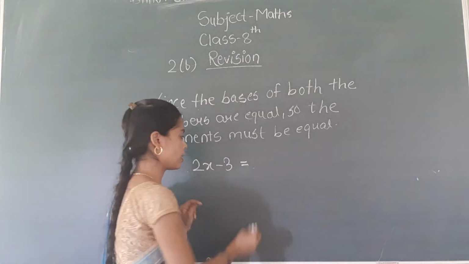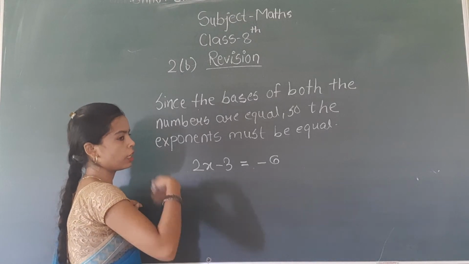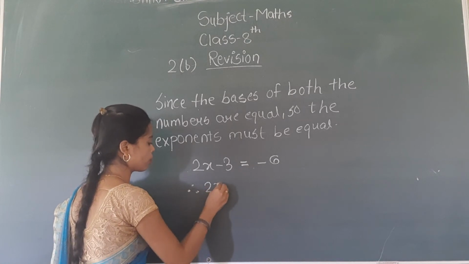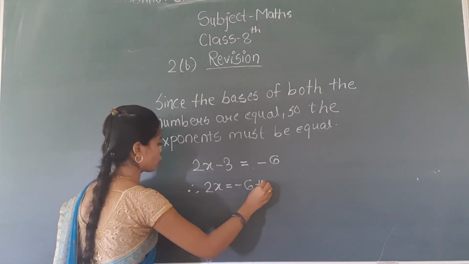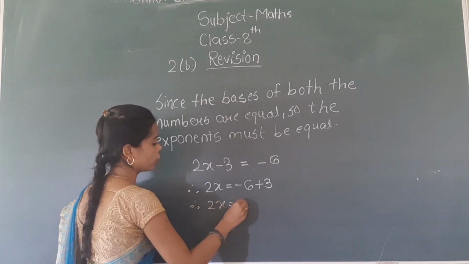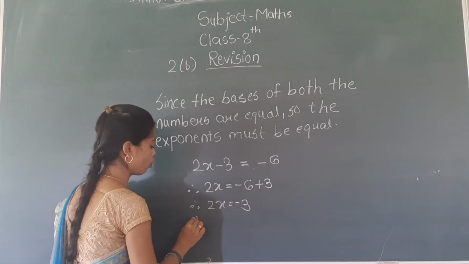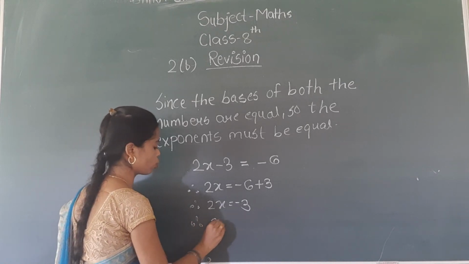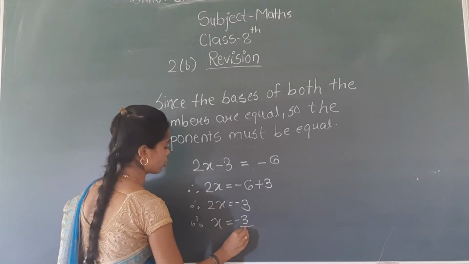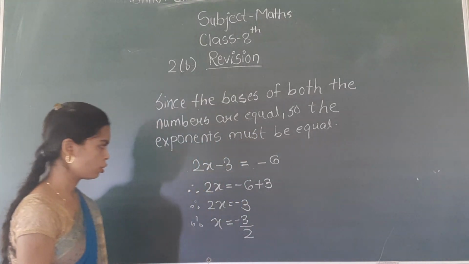to the power minus 6, that means minus 6. Okay, now next step is ये जो 3 इधर minus में है we have to shift it to the right, will become plus, so it is therefore 2x is equal to minus 6 plus 3. Minus 6 plus 3, that means you have to subtract, so it is 2x is equal to 3, but you have to use the symbol of the greater number, that is minus. Now 2 and x is in a multiplication, so when we are shifting this 2 on the right side it will become division, so x is equal to minus 3 upon 2.